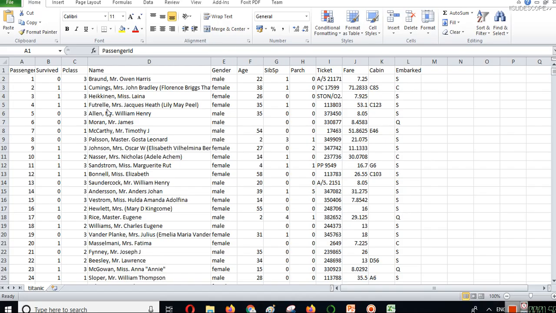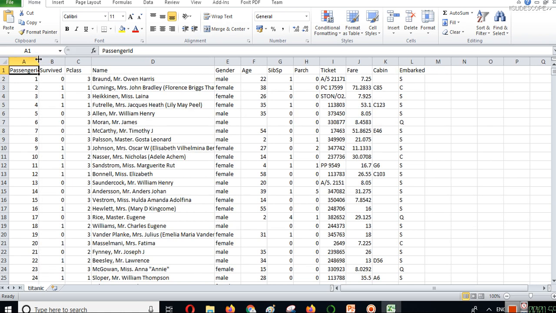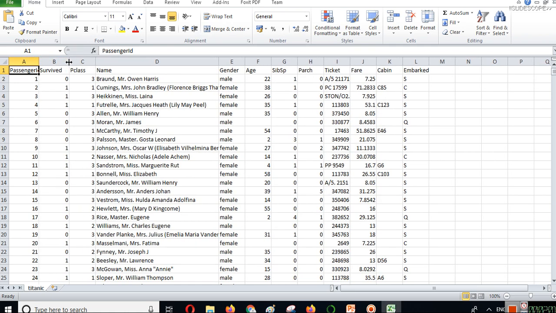So you can see we have a data set here. This data set is of the Titanic, the ship, and it's about the accident. Here you can see we have passenger IDs.